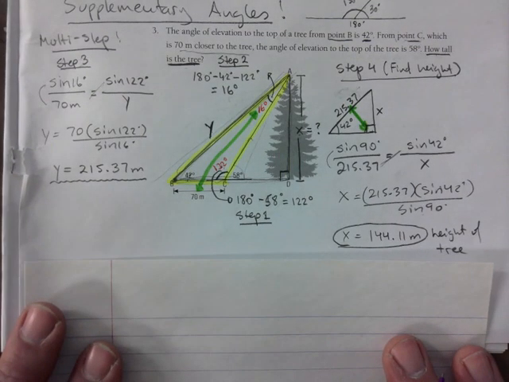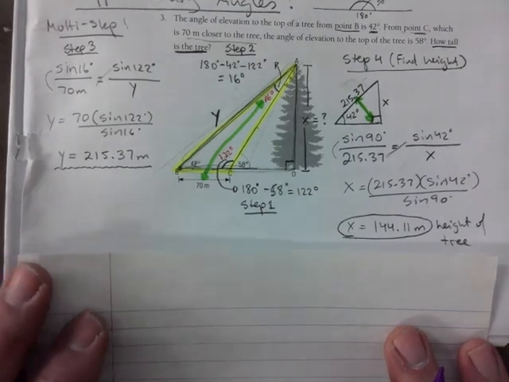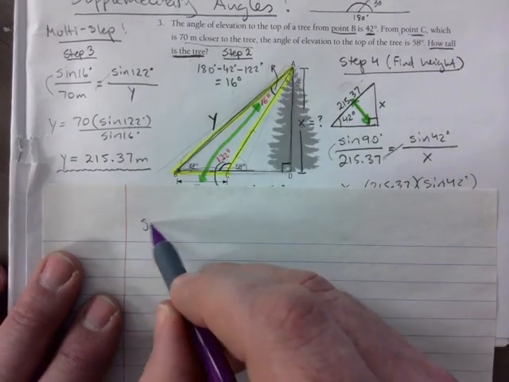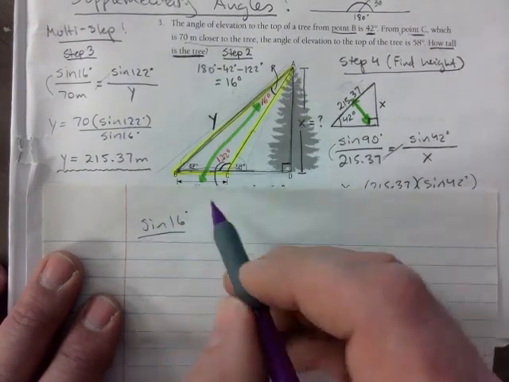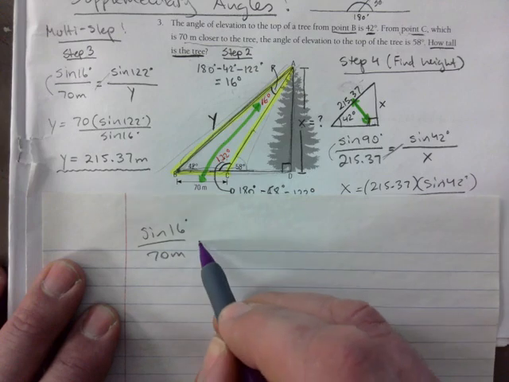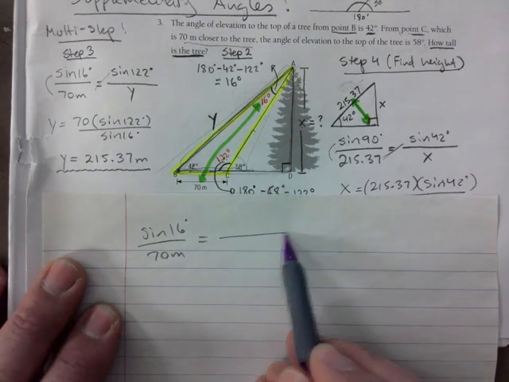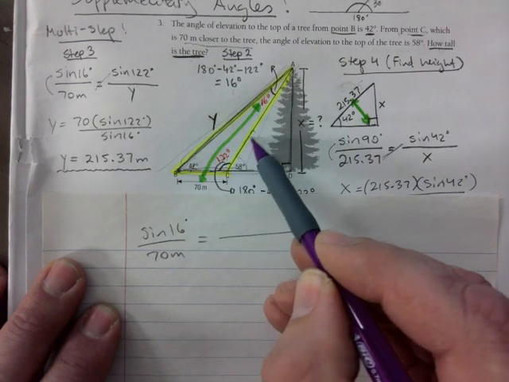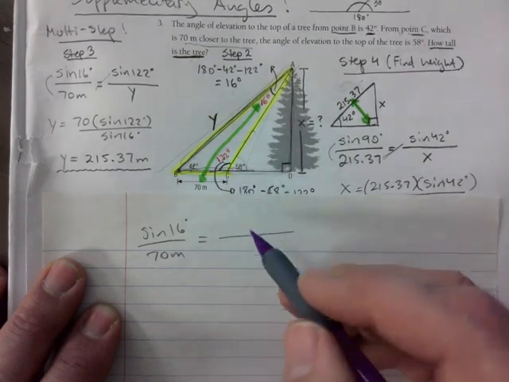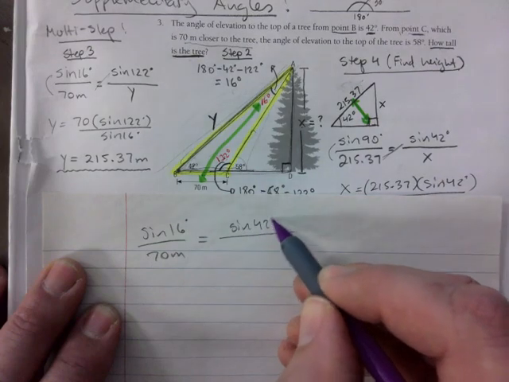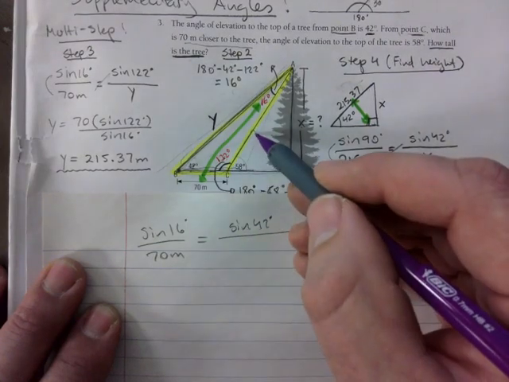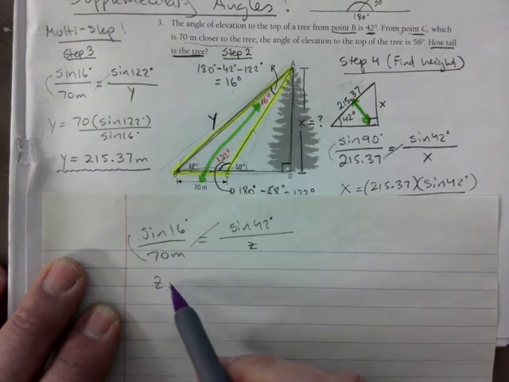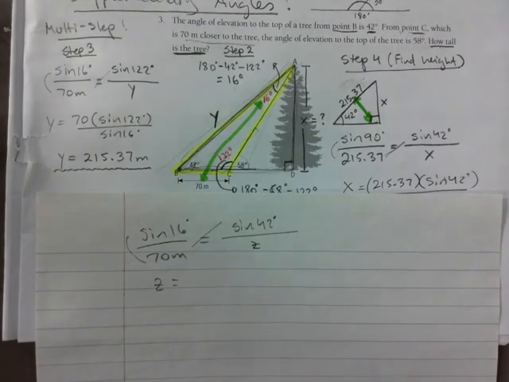So just follow along, okay? Let's imagine for a second that I use the same pair. So I use sine of 16 over 70 meters. Just sit back and relax, right? And let's say I had used 42, which would allow me to find this side right here. So sine of 42 over, let's say I call that z, okay? Cross multiply and divide. Z is, I'm not going to show you the work because it's just to